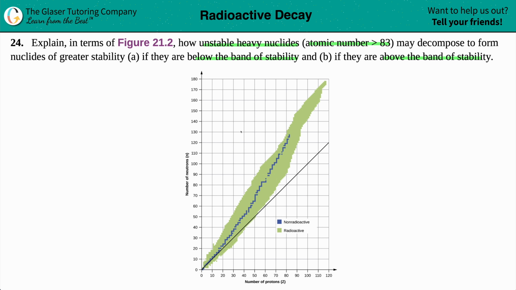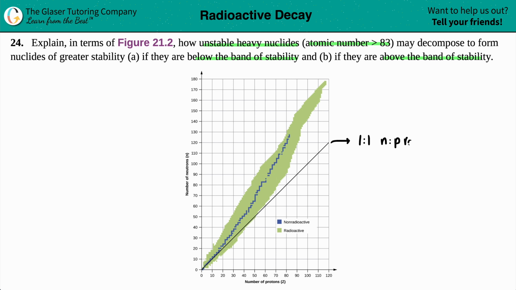This is basically the band of stability diagram that you've probably seen in your class. There are three different types of lines generally here. There's this black line, which represents a 1-to-1 neutron to proton ratio. Usually in this question, we're going to be talking about NP ratios, so just know that this black line represents a 1-to-1